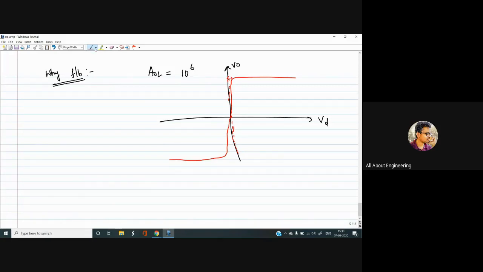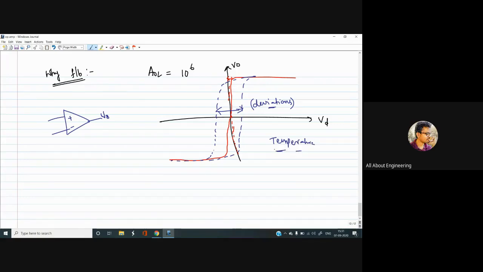Now the thing that I am trying to make is, in real life, the temperature where we place this operational amplifier will vary continuously due to thermal effects or due to the working of a device. There might be heat generated by other components or devices which might affect this amplifier. So fluctuations were observed in the transfer characteristics of an op amp. They were not stable, but were giving a huge amount of deviations. These deviations are observed in the transfer characteristics of an operational amplifier due to temperature and other effects, mostly temperature.